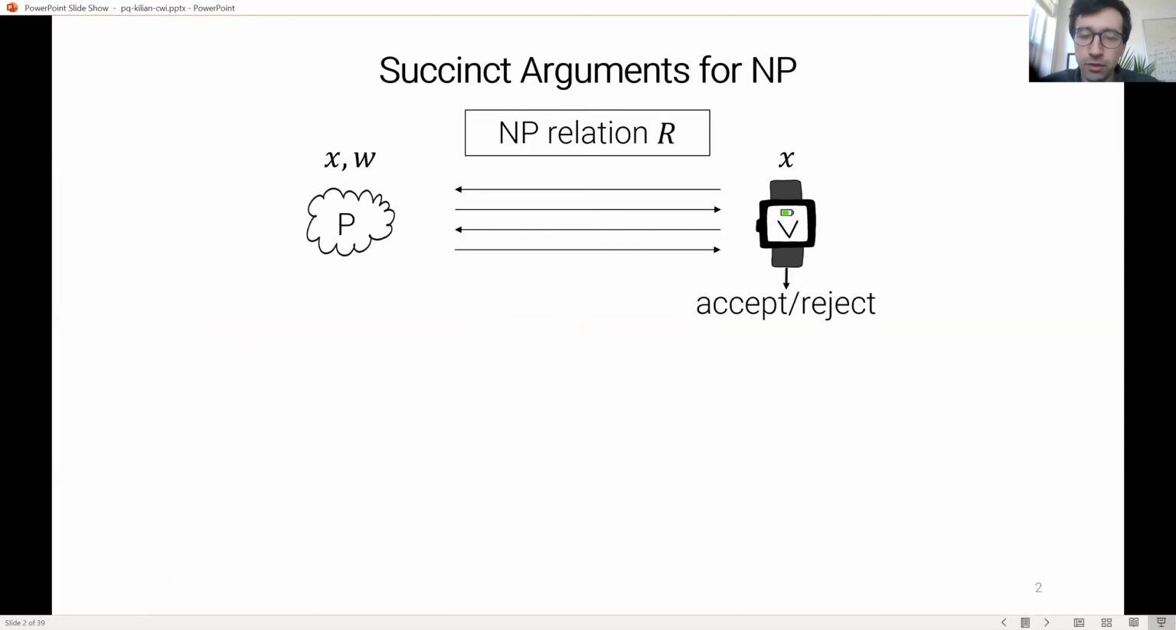So let's start off with maybe something that we're not all familiar with. What is a succinct argument? A succinct argument is a type of proof system for NP. You have an NP instance X and a witness W, and you have a prover who is trying to prove to a verifier that the instance X is in this NP language,